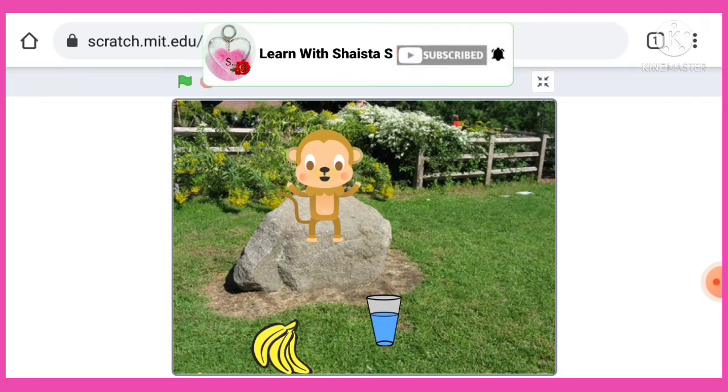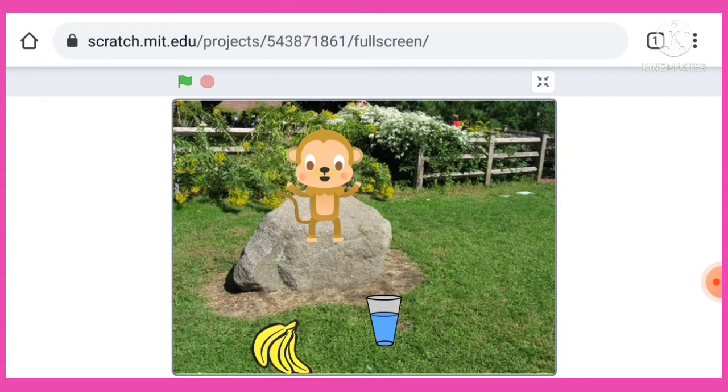So yeah friends, today we are going to learn a very different and very unique thing in Scratch, and the name of it is feed your pet in Scratch. Today we are going to learn how we can make a feed and drink project in Scratch. First I will click on this green flag. You can listen to this sound also.